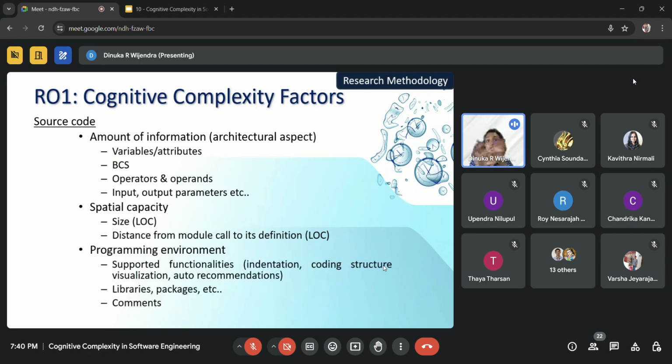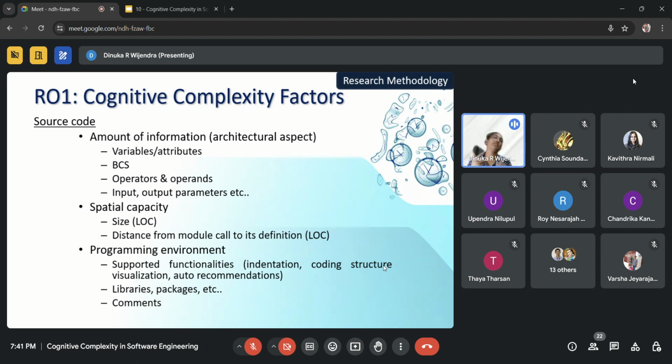And the third one is the thing that I have added, the programming environment. It doesn't matter how much information and spatial capacity adhere to the source code; the programming environment, the supporting IDE or supporting functionalities, libraries, the availability of comments, those things, if you have those supporting factors, it's good for identifying what is there inside the source code.